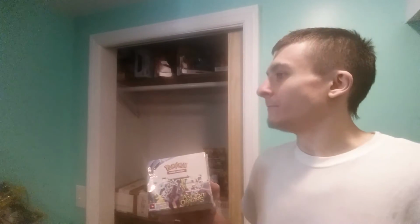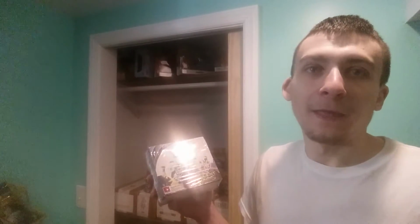just came out, and we're going to get ready for Sun and Moon that's coming out. So we have to cut something, right? We have to cut the older stuff out. They cut the older stuff out. The simple supply and demand, guys. Supply goes way down on the aftermarket. No one can get this stuff anymore. Prices skyrocket, and all of a sudden, every box you look at, Roaring Skies,